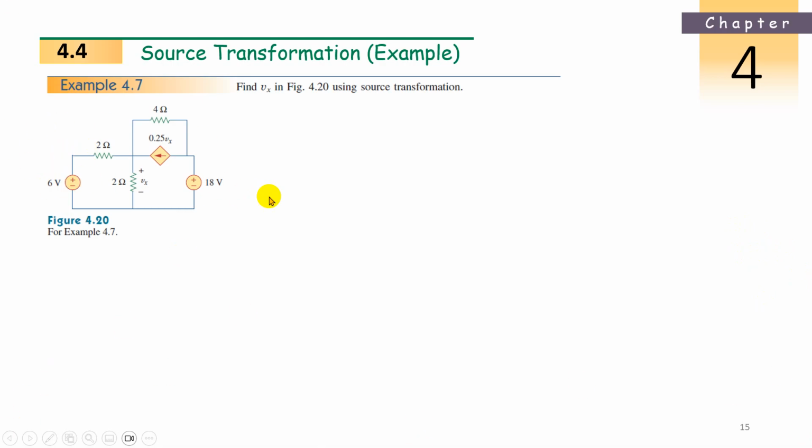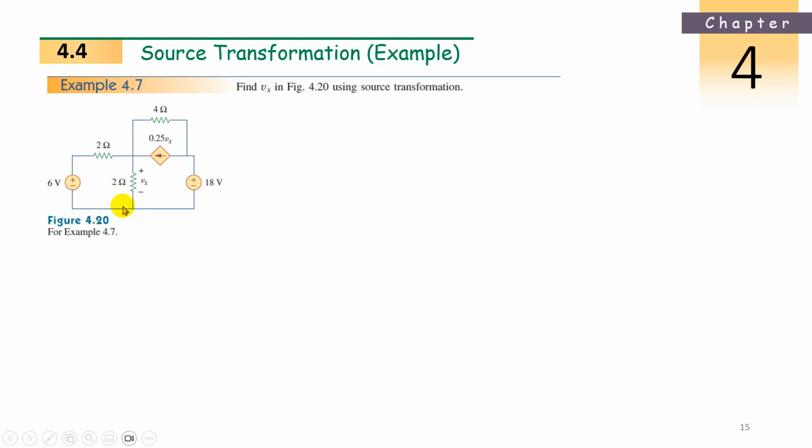How many voltage sources and how many current sources are there? Two voltage sources are there here. So first transform this 6 volts and 2 ohms. These are in series, so I can transform it into a current source with a parallel resistance. What is the current? I is equal to V by R, so 6 divided by 2. How much? 3 amperes current will come here and parallel